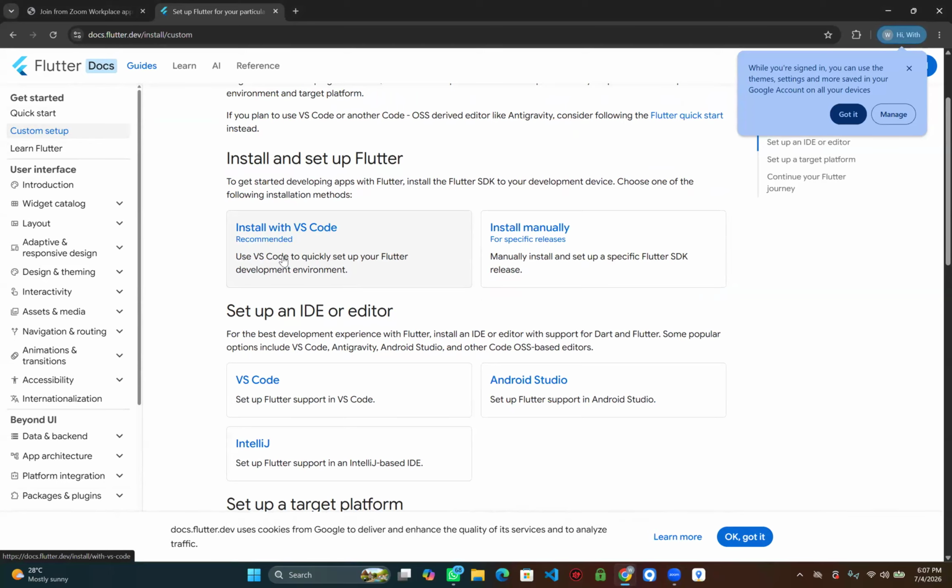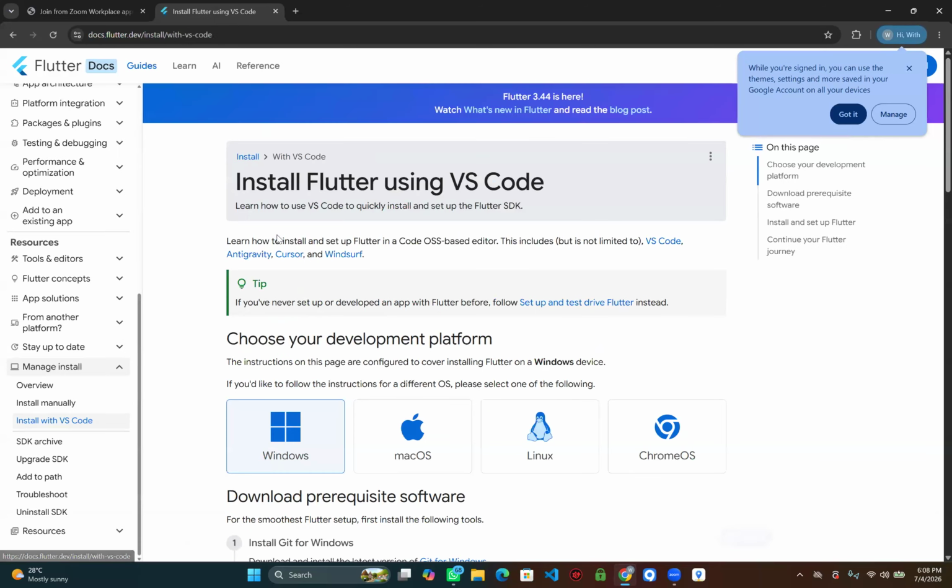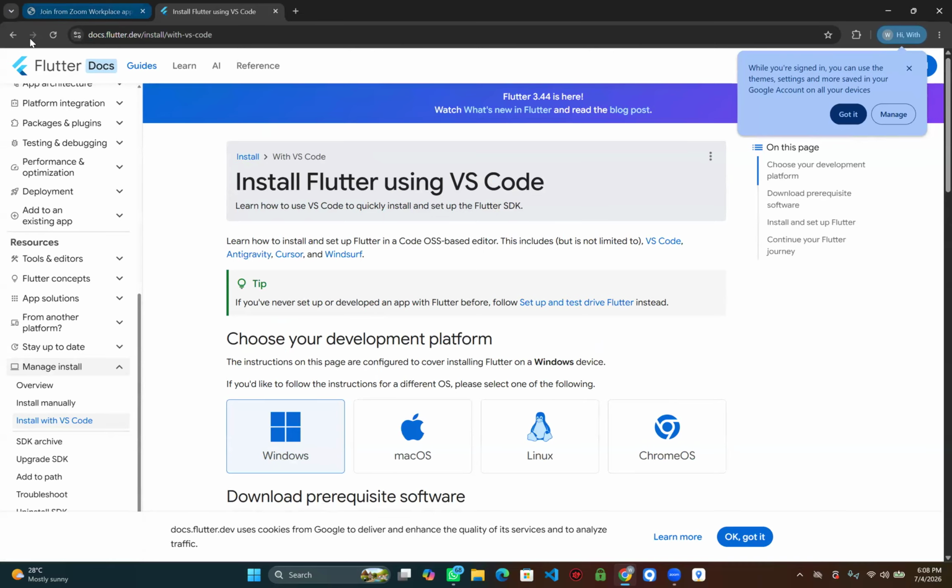That's what we downloaded. No, this is not what we downloaded first. Okay, click on it. Let's see. Or click on install manually. Okay, let's choose the manual one first. That's what we did first, and it came with the VS Code. Go back.